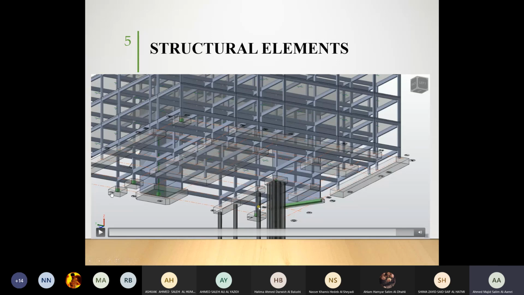We have an isolated foundation here. We have a strip foundation on a group of columns. We have a strip foundation as well on a wall on one side. We have a pile cap, so a cap, a slab, supported by different piles. We should be studying this in geotechnical engineering, which is a type of field foundation. And then this is a raft, which is supported by end-bearing piles.